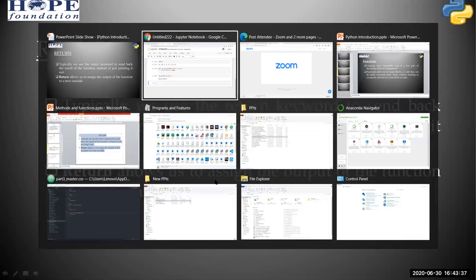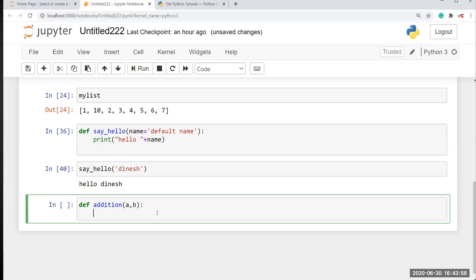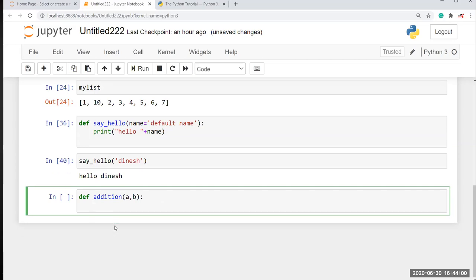Okay, let's see the example. First I'm going to print some value. Okay, before that I'm going to create a function def addition. Okay, I'm going to add two numbers, right? So here I'm going to pass a comma b, then here I'm going to give indent notation. Inside the function I'm going to print. First I print this, after that check how the return works. Okay, so here I'm going to print a plus b here.